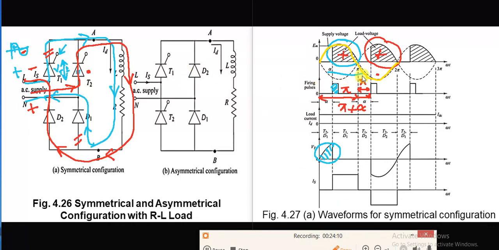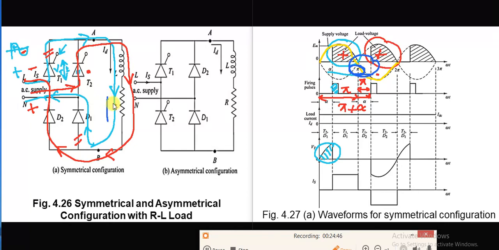We are not obtaining any half waving. As we are using the inductive load, still we are not having any half waving because we know that the inductor stores energy. But as soon as the negative half cycle comes after the time interval pi, freewheeling action takes place from this